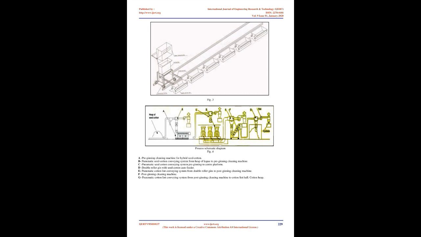The next stage of processing is the stick cleaning machine for removal of large trash and sticks. It is expected to remove 65% of burrs, 50% of sticks, and 10 to 25% of fine trash, dust and some paper trash. Sometimes it is customary to pass through an additional inclined cleaner and maybe a second stick machine. 2. Seed cotton by pneumatic conveying is now conveyed to the gin hall platform.